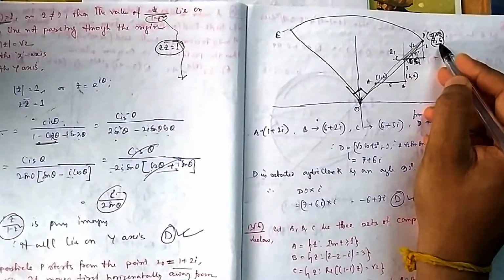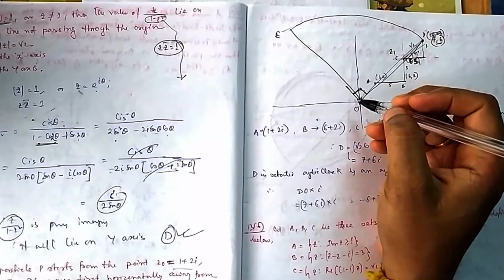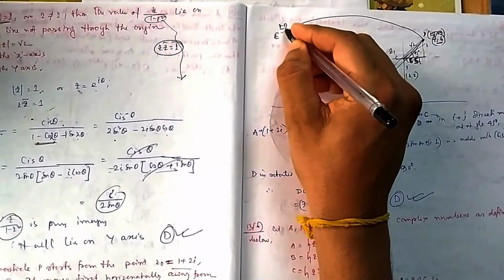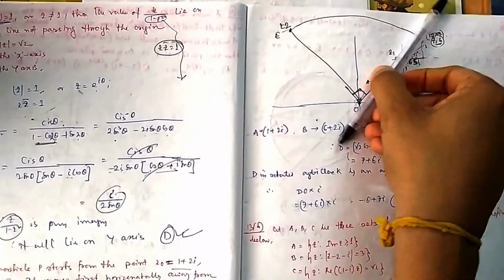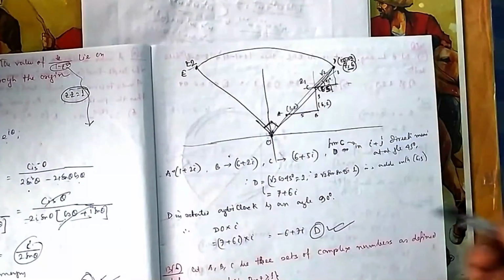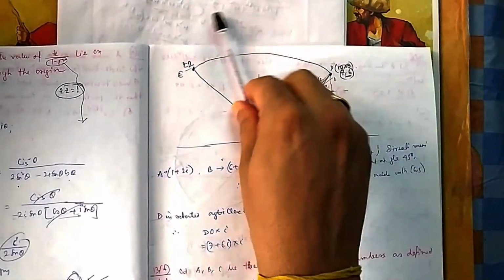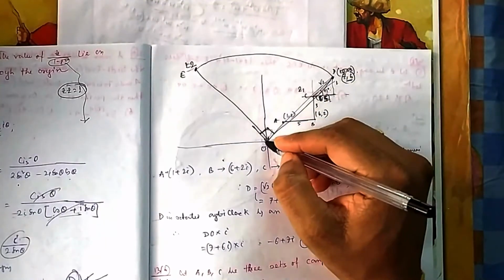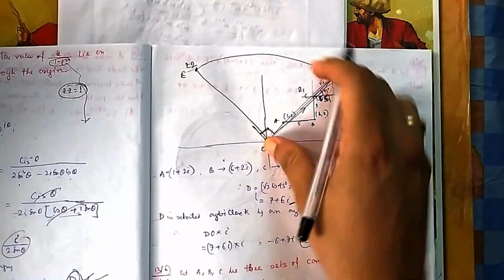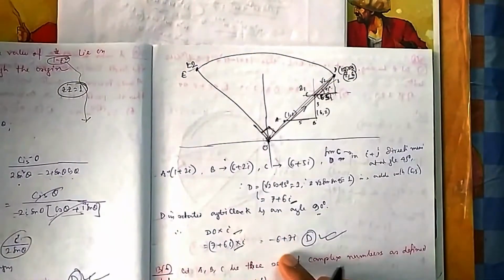So 7, 6. Then it moves at an angle of pi by 2 anticlockwise. Then it will rotate at an angle of pi by 2 in the anticlockwise direction with the center at origin. Now what is the location of the point to reach Z2? So what is the value of Z2? Now you know, once you know this vector, then you can multiply by i, it will rotate by 90 degree. That you know, anticlockwise direction. So finally when you got 7 plus 6i, that you multiply by i. Because 7 plus 6i means with respect to this, if you draw a straight line, that is 7 plus 6i. So this vector is 7 plus 6i. You multiply this one by i, you will rotate it towards origin. So this is your answer.